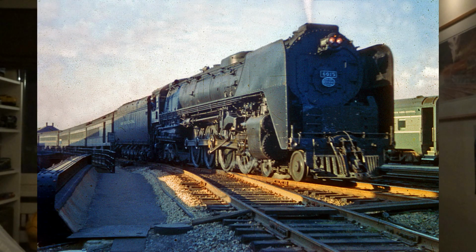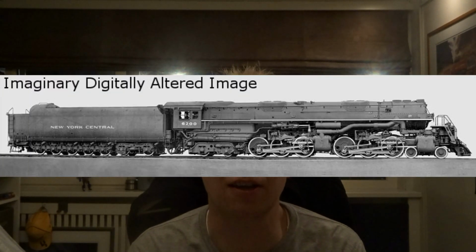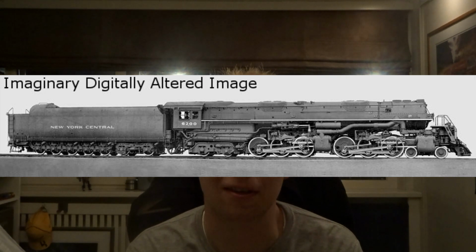It's also a similar reason why they called their Northerns the Niagaras, and why they had the honor of naming the 4-6-4 wheel arrangement, and they called them Hudsons. In fact, a little bit of a fun rumor, if there is any truth to it: if the Central ever had plans to buy Challengers, they would have called them Cuyahogas. Once again, after a river that ran next to some of the Central's trackage. But anyway,